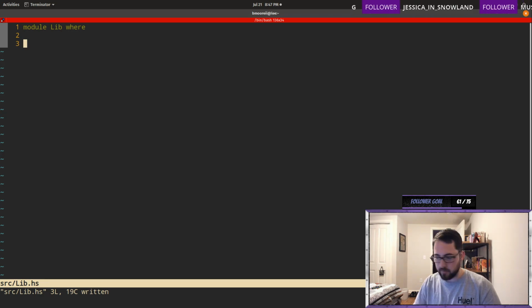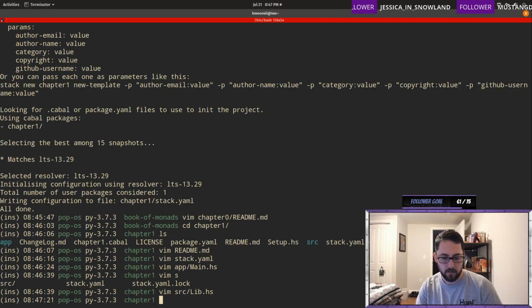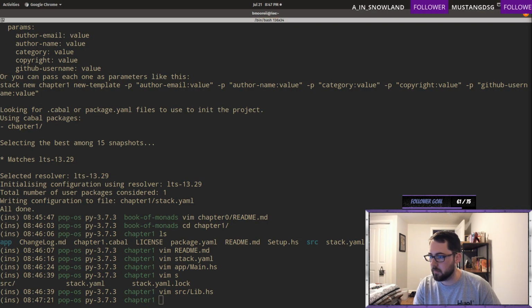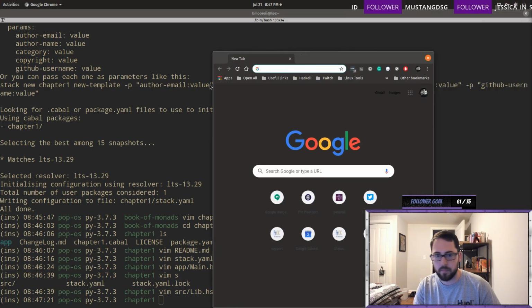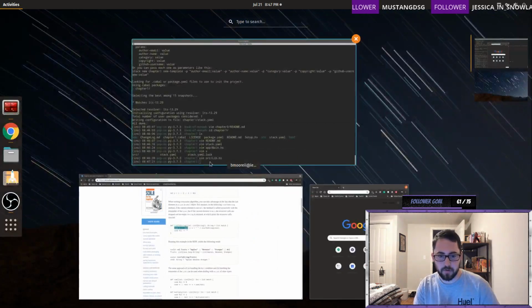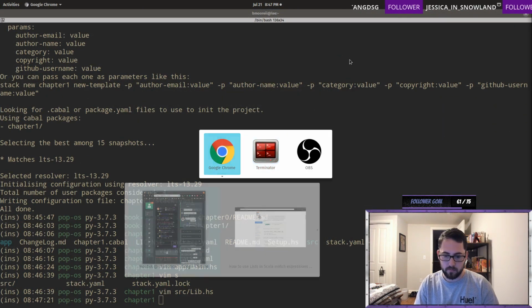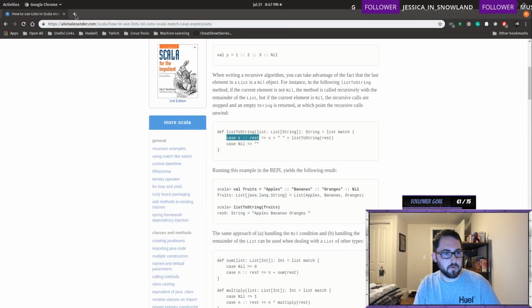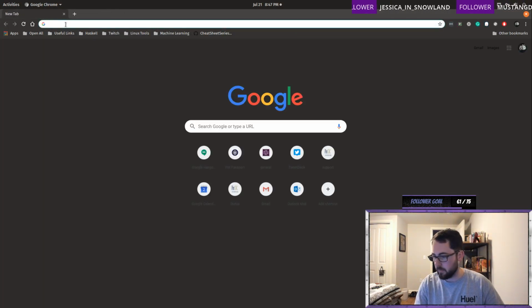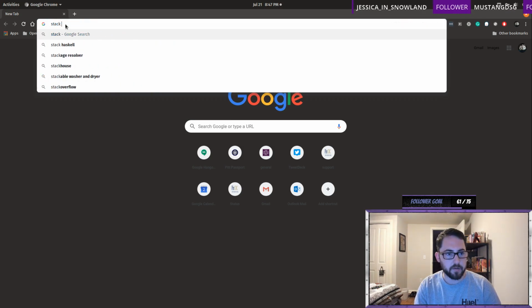Yeah, do we know how to do it? Is there documentation somewhere about how to do this? What if we just did this real quick? Do I already have one of these open? I do. Let me get rid of this. Go away. Stack template.